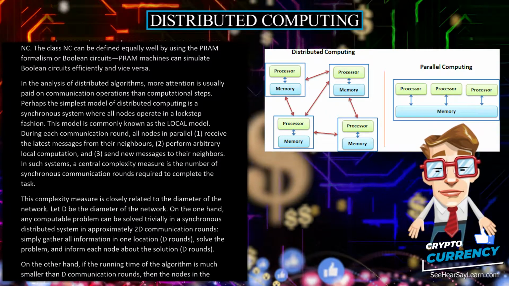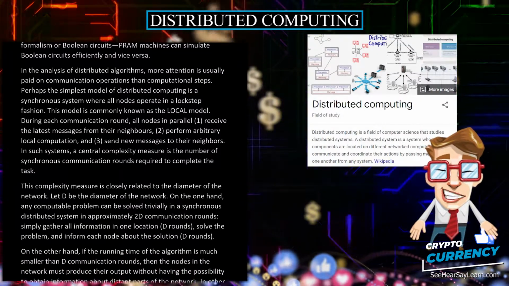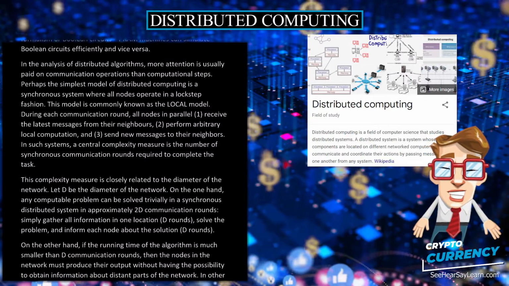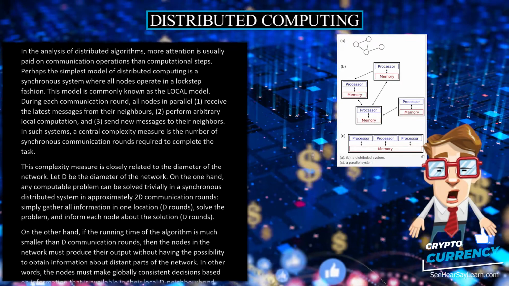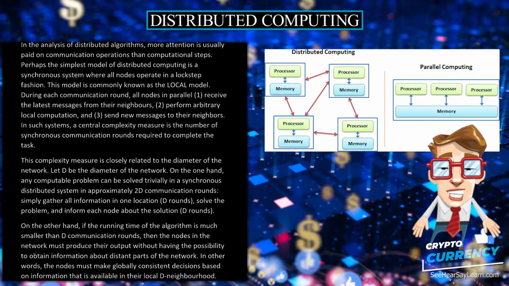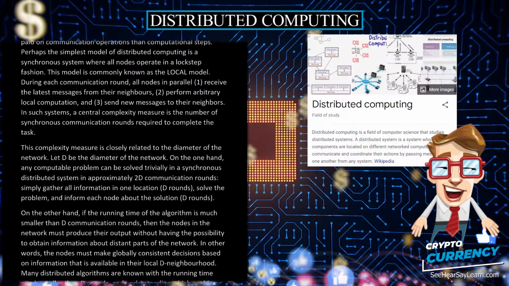Let D be the diameter of the network. On the one hand, any computable problem can be solved trivially in a synchronous distributed system in approximately 2D communication rounds. Simply gather all information in one location, D rounds, solve the problem, and inform each node about the solution,